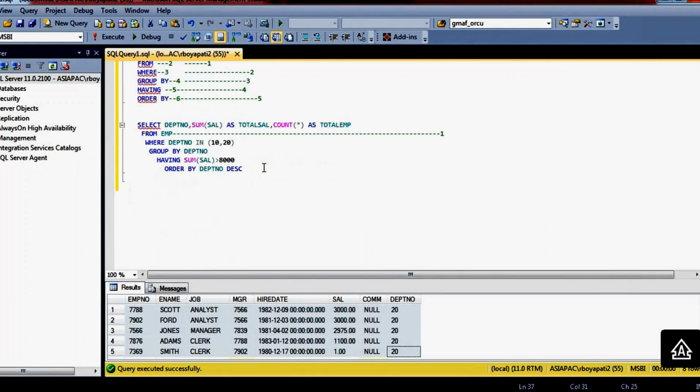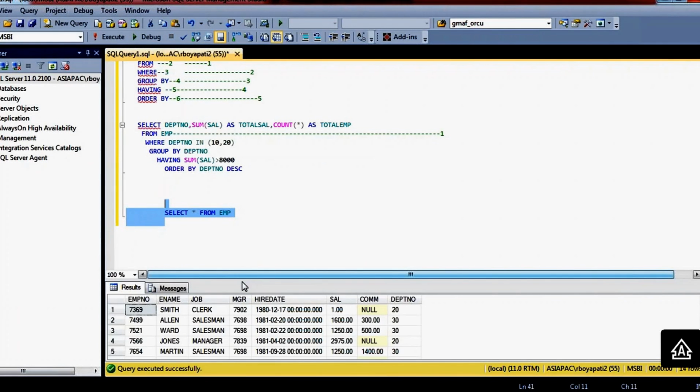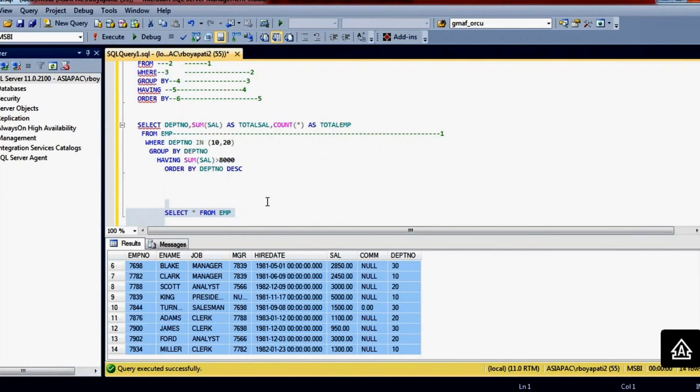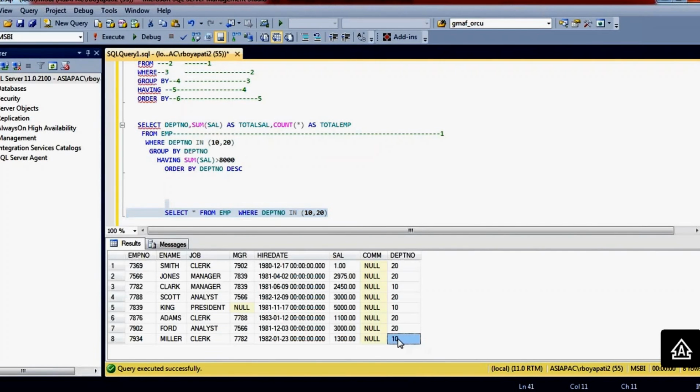Okay, so we'll show. For example, the from class, what will it do? First it will take all the data from the EMP table like this way. Select star from EMP. Because in the from class what have you written? From EMP table. Okay, from EMP table I want to take all the data. See, all this data is coming. So then immediately what will it do? It will filter the where class. So it is going to filter this condition. What is this condition? In this EMP table I want only department number 10 and 20. Okay, so after filtering the data, it is getting department number 10 and 20.